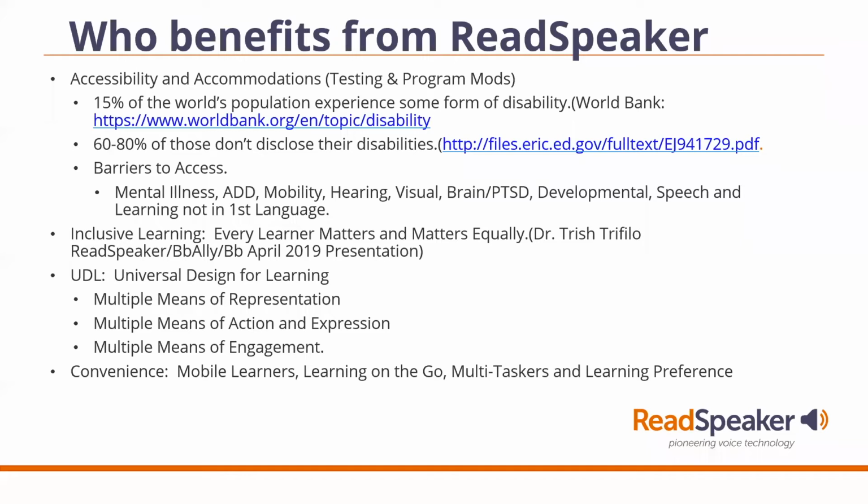However, the other thing we need to take into consideration is that between 15%, I actually saw another study that said about 23% of the world's population are experiencing or have some type of disability. Another study that we're citing here is that when it comes to online learning, 60–80% of those individuals are not disclosing their disability. So I say in online learning, they're already at risk right there because they're not getting the accommodation, they're not getting those tools to level the playing field.